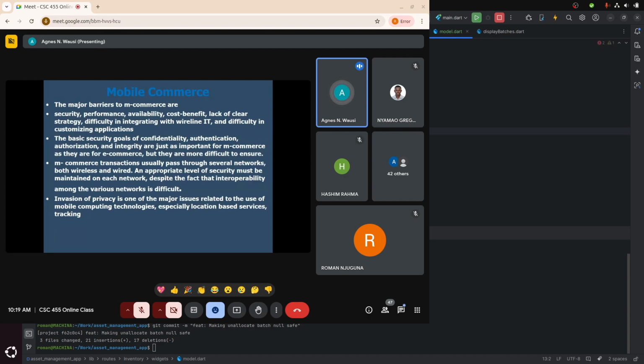Have a clear strategy, so you don't just go and create a mobile app, because creating a mobile app is an effort. If you don't have a very clear strategy in terms of the value you're creating, you're just creating another avenue. That avenue also needs to have its key performance indicators so that you're able to make profits using m-commerce. So you don't just say, I'm going to mobile commerce because it is the in thing, or I'm going to social commerce because it's the in thing. You must ask yourself, what strategy am I pursuing?